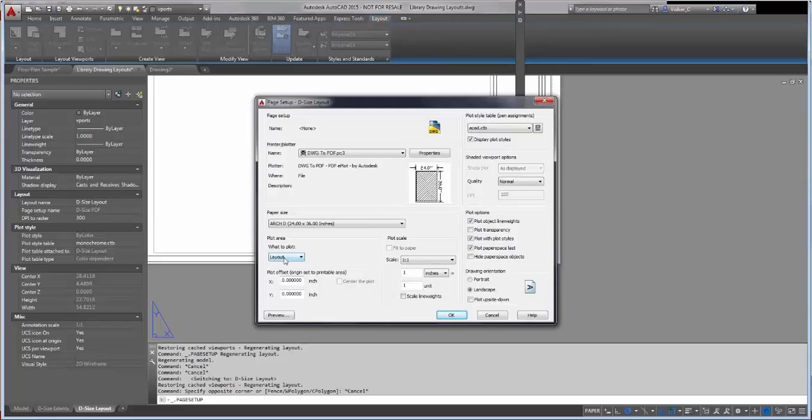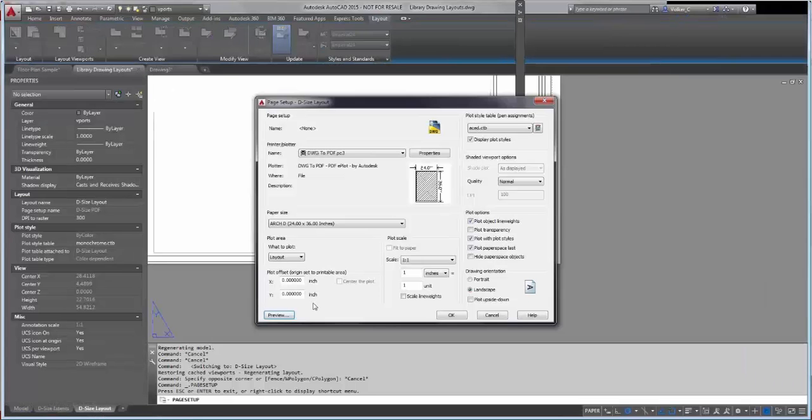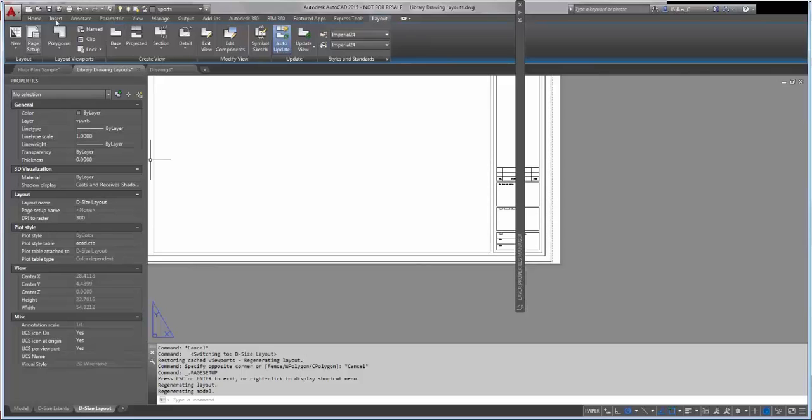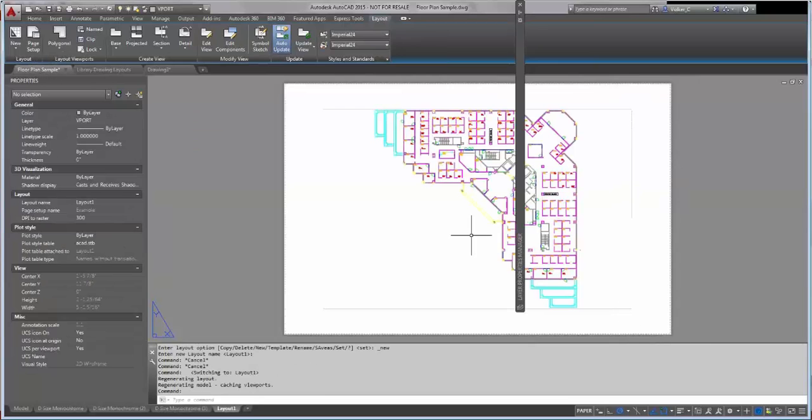And I'm going to go ahead and choose layout, so it plots to those parameters. Let's do a quick preview just to show you what that looks like. All right, now I've got all my settings here. This is a library drawing, so keep that in mind. You're not going to later on see the modifications to those page setups because I never did save those, but I'm going to save my library drawing, go back to my floor plan,